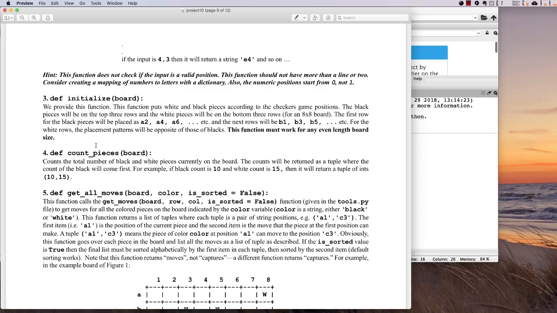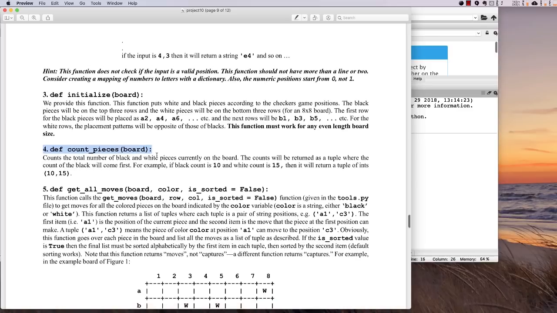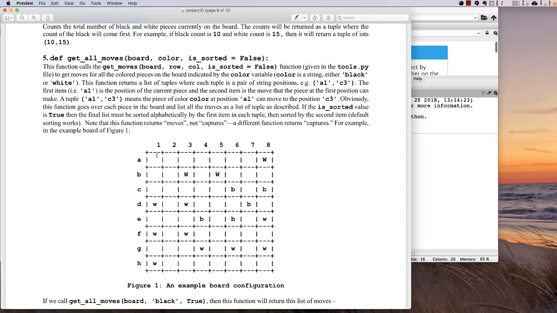Now we start to get interesting. We want to count the pieces on the board. How are we going to do that? Well, to count the number of pieces on the board, we want to go through and check every single grid spot and see whether it has a piece in it. So one of the parameters is